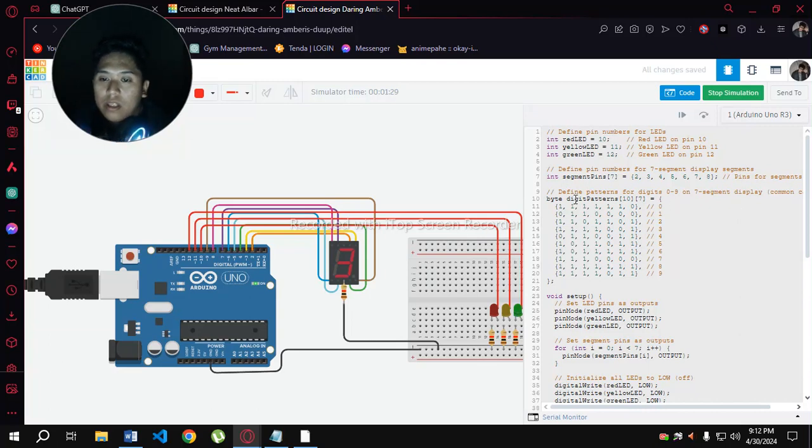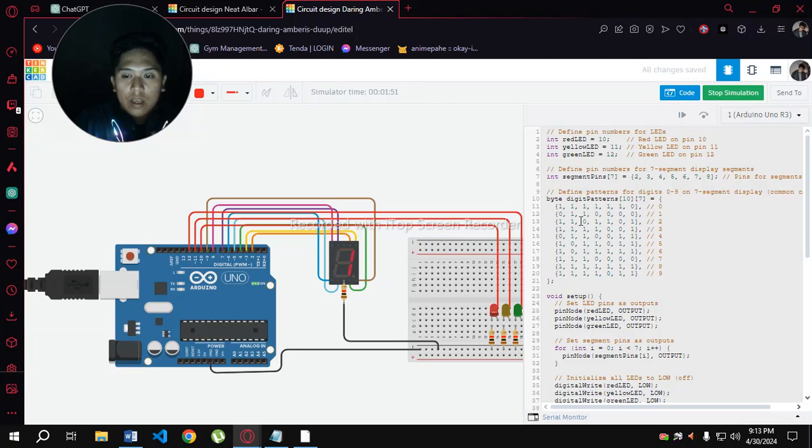Okay, so this is the pattern for digits. It is a byte digit pattern. For example, here, if there is a 1, it will result in the display showing the number 1.